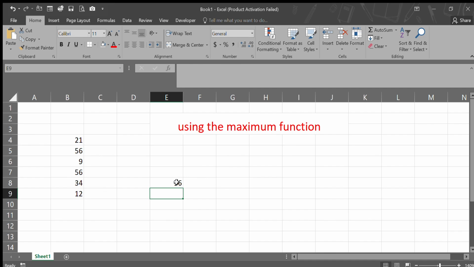So 56 is the maximum or the biggest number among these numbers. You can also use another way. You type your equal to sign, then you type max,